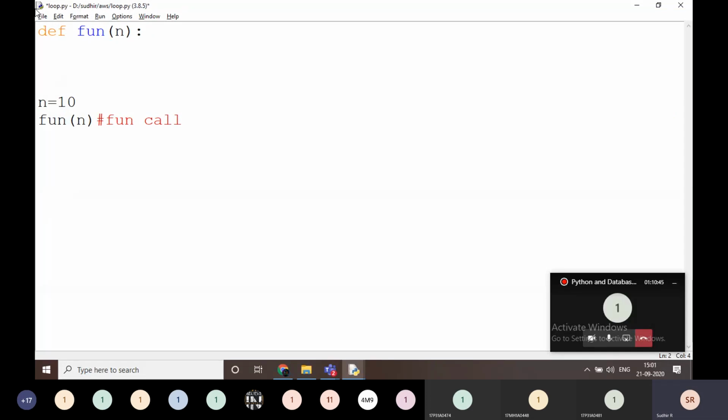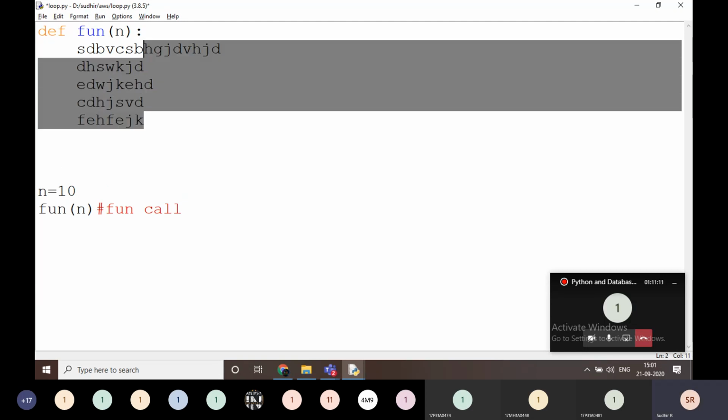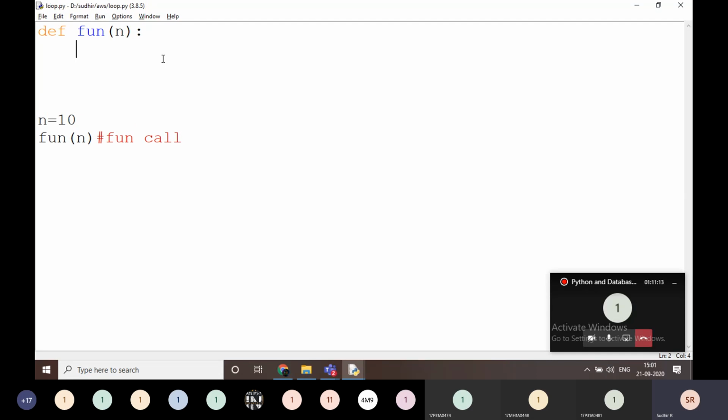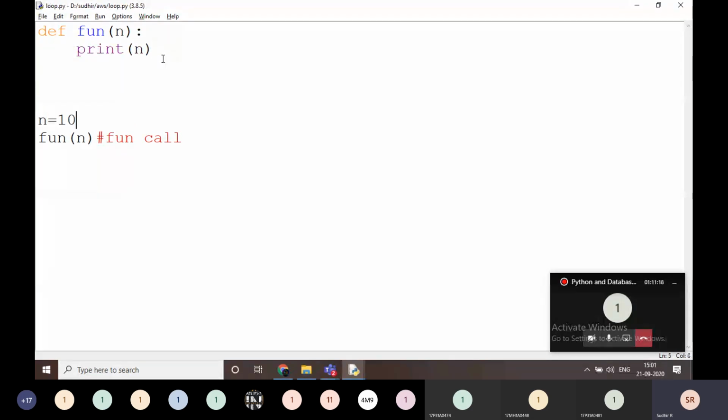How many arguments am I passing? Here I'm passing one argument. That's why I'm going to take only one argument here. If there are two arguments, I'm going to take two arguments. Okay, no problem for that. And I have to write a colon and press enter. That means what I'm writing inside this block, all the statements belong to that function definition. What I'm writing here belongs to this function definition. Now I'm going to print n. That's it.